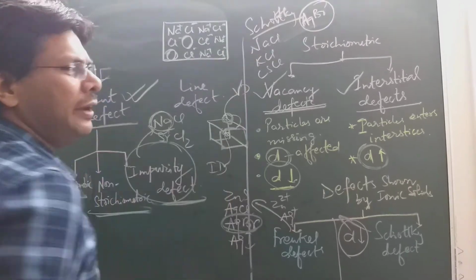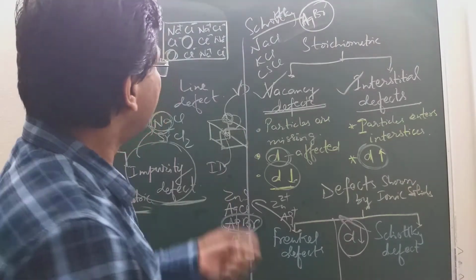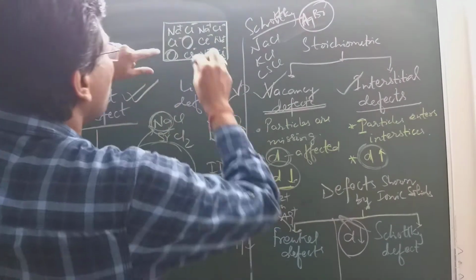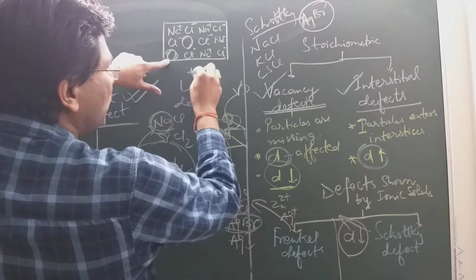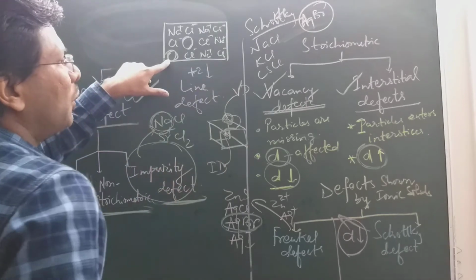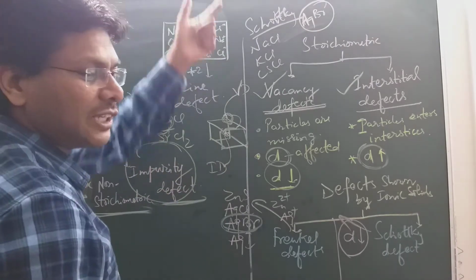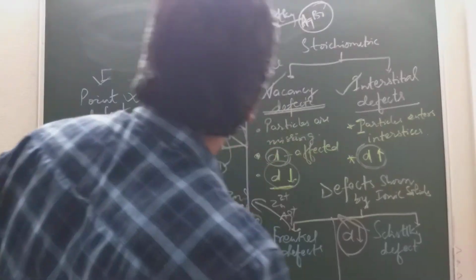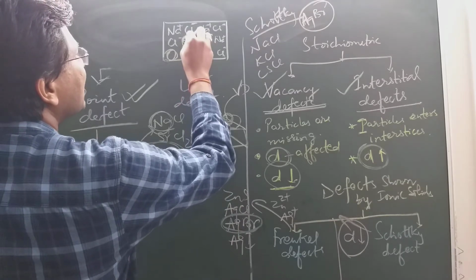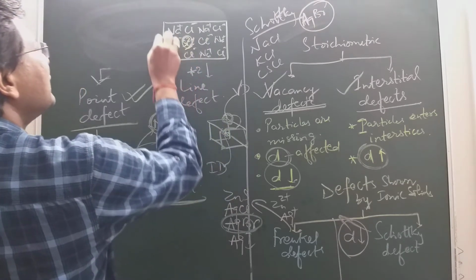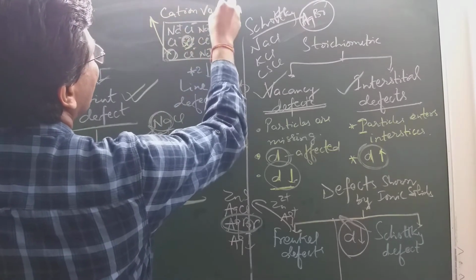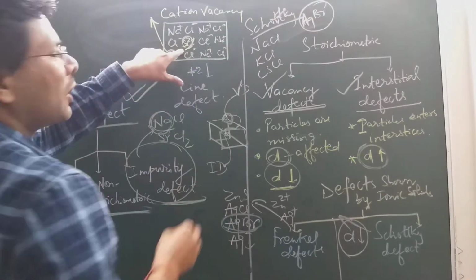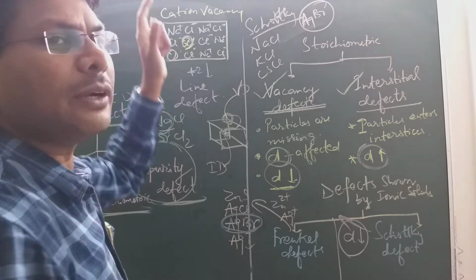Suppose you are seeing a three-dimensional crystal on two-dimensional paper. So here Na plus is missing, meaning the crystal has a 1 plus charge less here, so negative charge is more. To counteract that, one Sr2 plus ion comes here, and this is called the cation vacancy. So the number of cation vacancies is equal to the number of Sr2 plus ions. Based on that, a question can be asked.